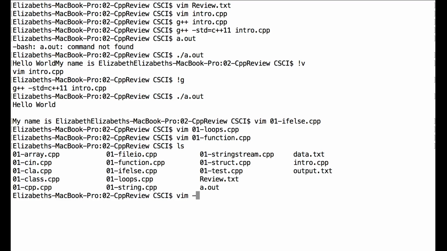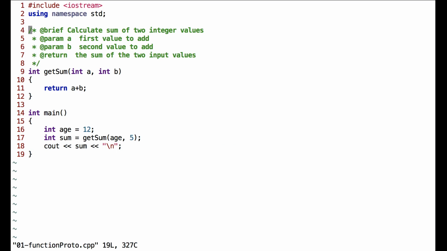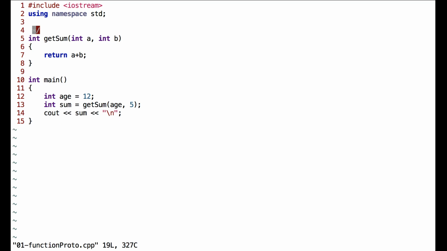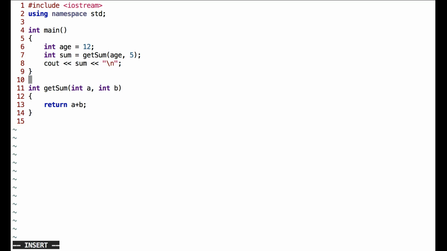All right, so now with our functions, what we normally do with our functions then is, so I'm going to get rid of the beautiful comments. All right, so here's our function. So I would usually take these lines and put them after main. So main's where the driving force is. That's the driver program,